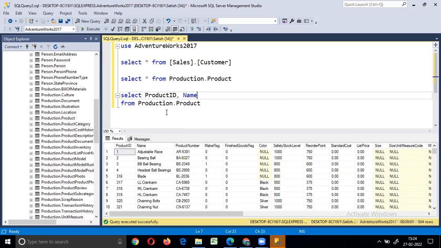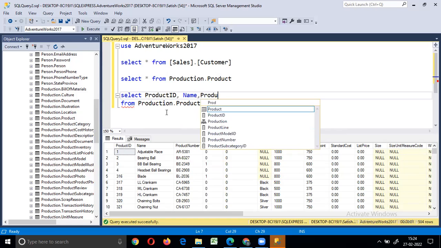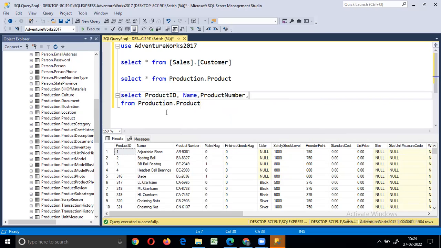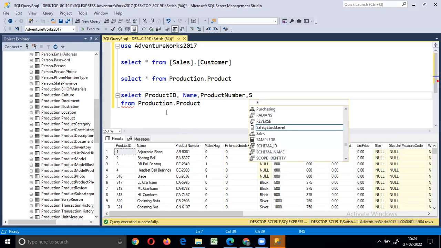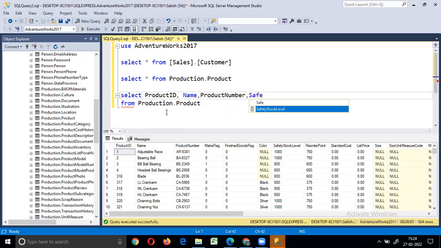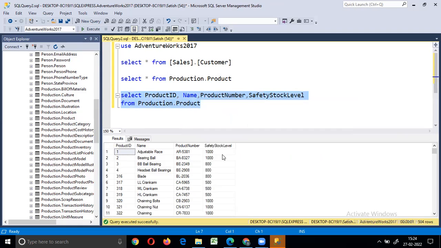This is the name, product number, safety stock level. So when we execute that, it is going to display product ID, name, product number, safety stock level.